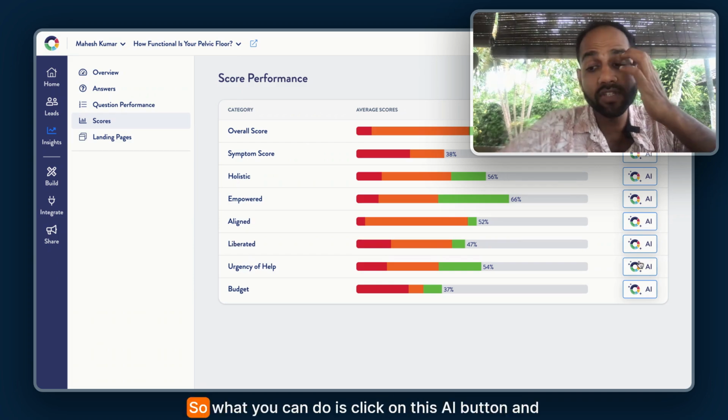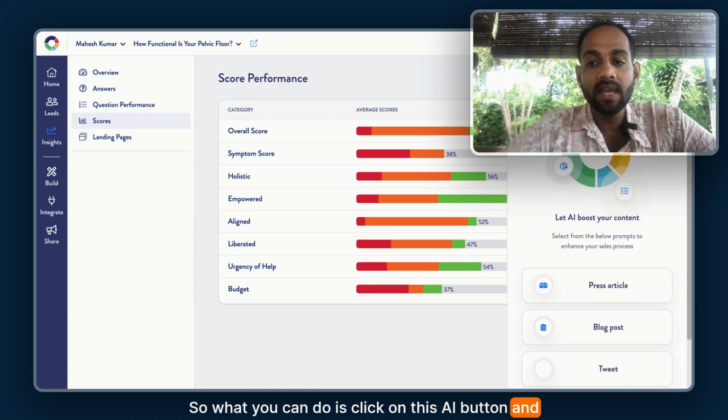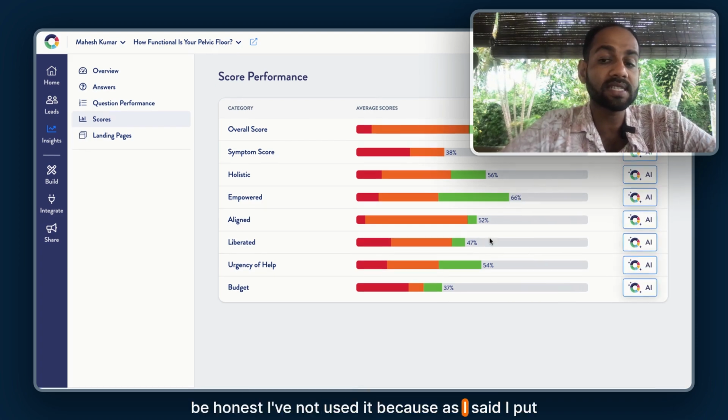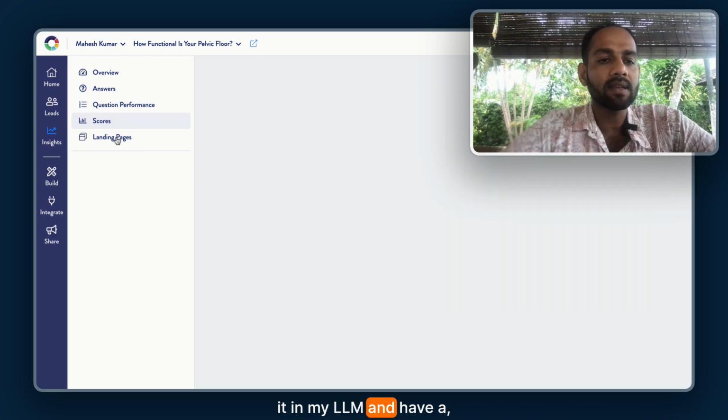And this is an AI feature. So what you can do is click on this AI button, and you can get a press article, a blog post based on that, tweet, a LinkedIn post, which is pretty good. To be honest, I've not used it, because, as I said, I put it in my LLM and have our